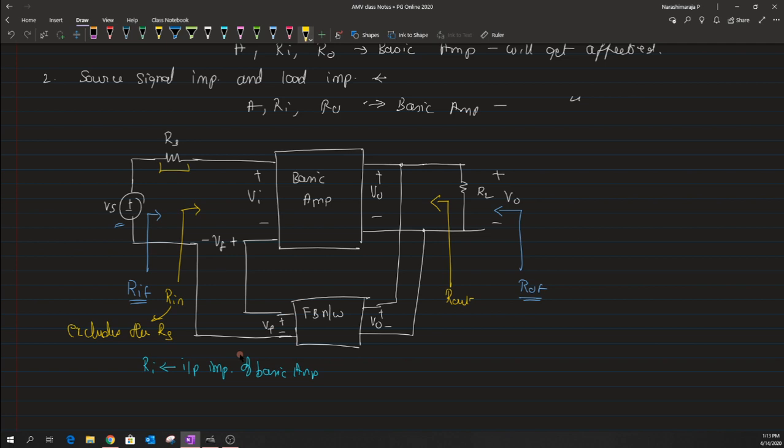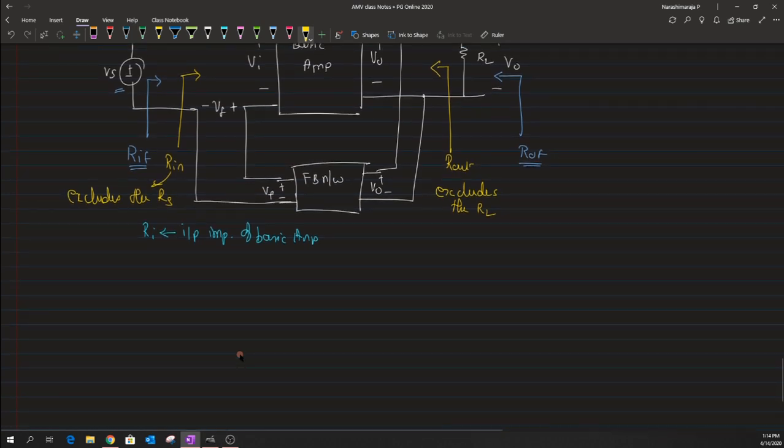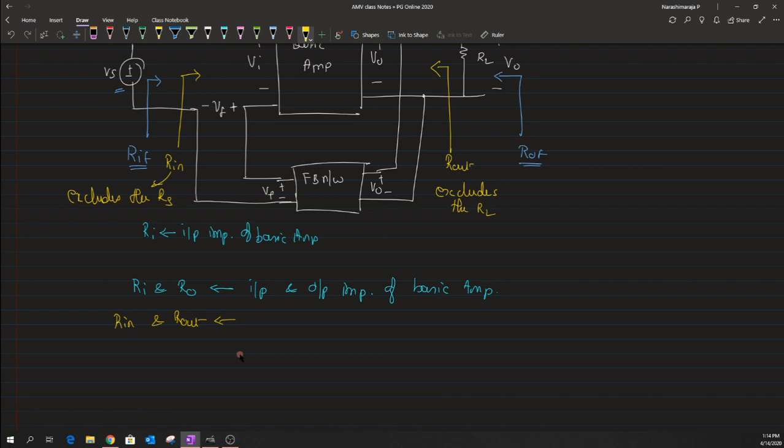So again, this R out is a closed loop impedance, but the only thing is that it excludes the load impedance RL. Okay, so let me summarize all these three parameters in short. Ri and R naught are basically the input and output impedance of the open loop or the basic amplifier, and we have this Rin and R out, which are basically the input and output impedance of the feedback amplifier,